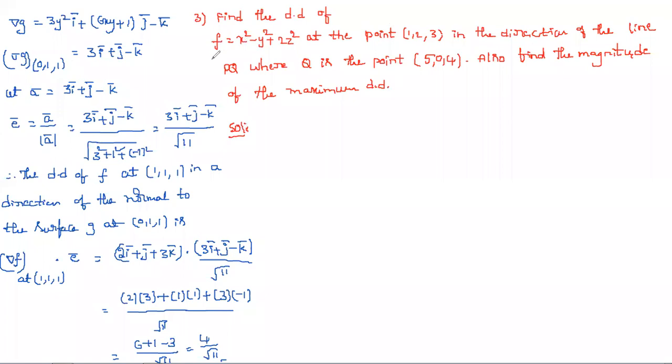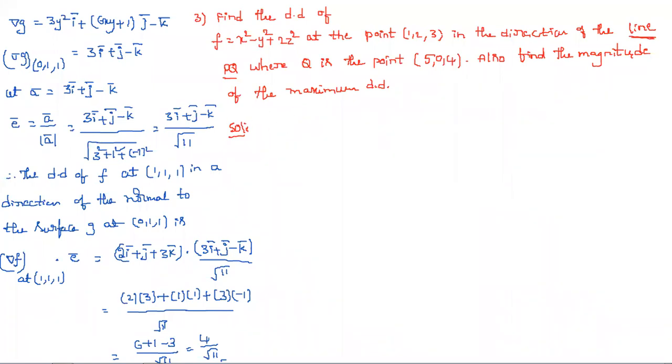See here, only the difference. First, f is as it is at the point, so blindly first you need to calculate del f at this point. Here they mention the direction. The direction they chosen is the PQ line, so we need to find the PQ line from the P point as well as the Q point. Along with that, they ask for the magnitude of the maximum directional derivative. That is nothing but mod del f. So mod del f is nothing but the maximum directional derivative, and you need to find its modulus.